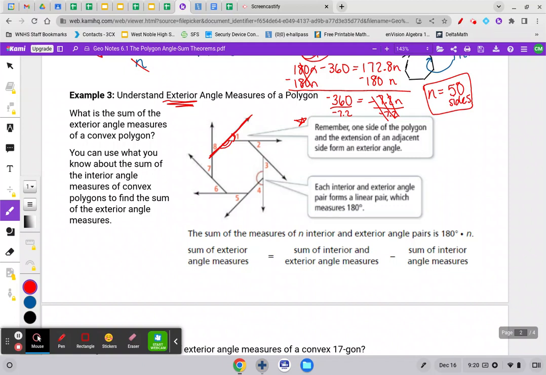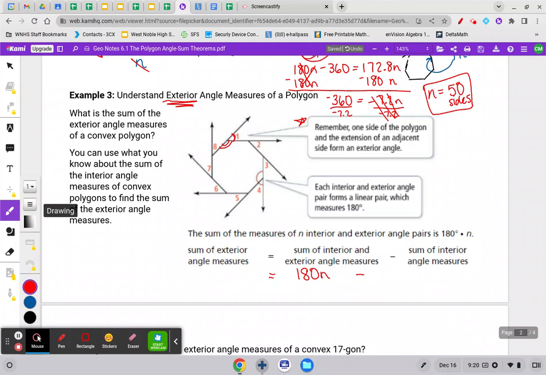So if we look down here, I'm going to write something out. We have 180n, because that's the sum of the interior and exterior angle measures. Each of these added together has to be 180 times however many pairs of them there are. So that's the 180 times n